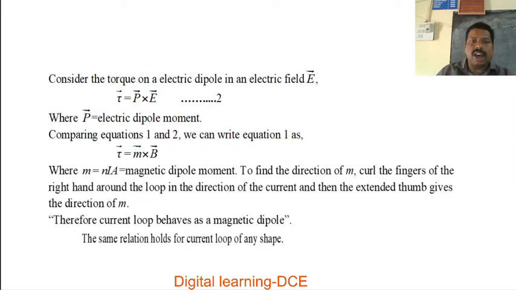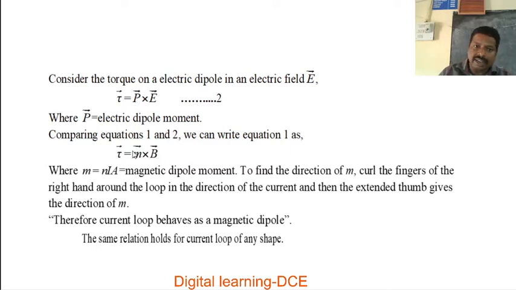Now consider the torque on an electric dipole in an electric field E, that is tau is equal to P cross E. Here tau is equal to PE sine theta, which was discussed in a previous semester. This is the torque experienced by an electric dipole in an electric field. Again, the same expression, the same nature, is found here, where the magnetic field strength is there. In the place of P, which is the electric dipole moment,